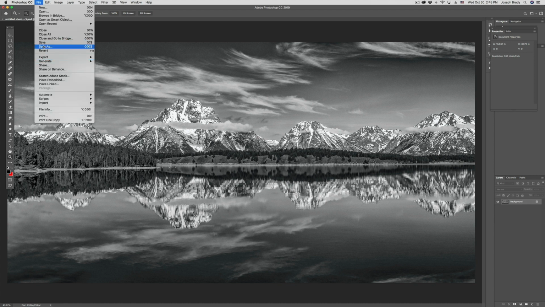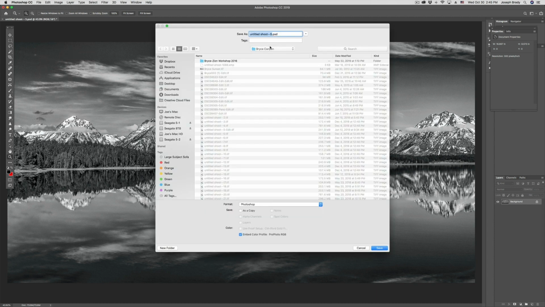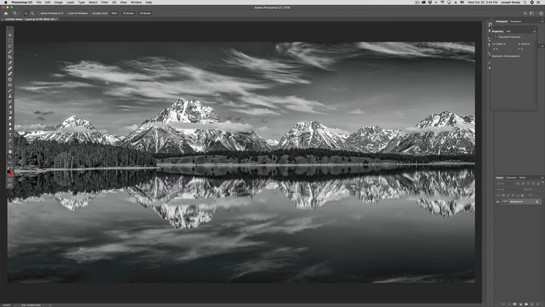So we're going to do a Save As, and we're going to get a dialog box. And I have my folder for my DSI images, but look at here. It says the color profile is ProPhoto RGB, not the one I want. First of all, I do want it to be a TIFF file, but I want it to be Adobe RGB. So I'm going to cancel. And one extra step I need to do